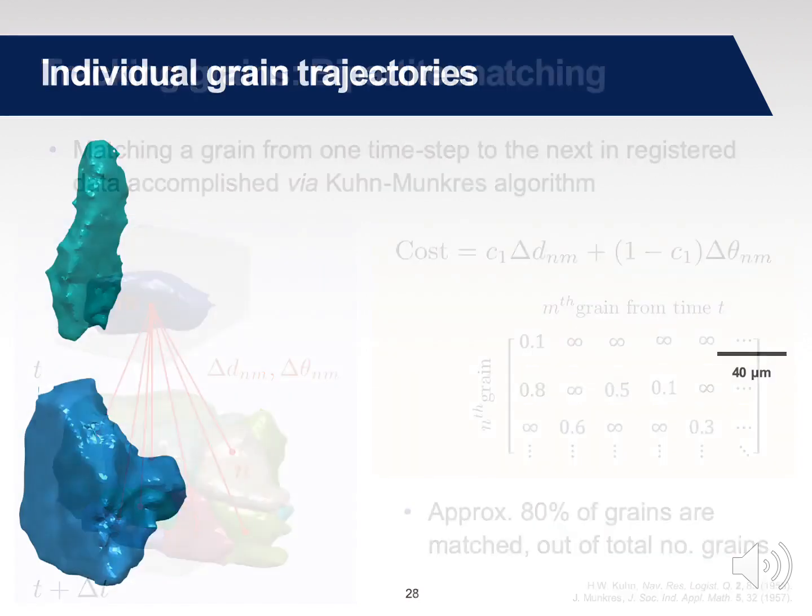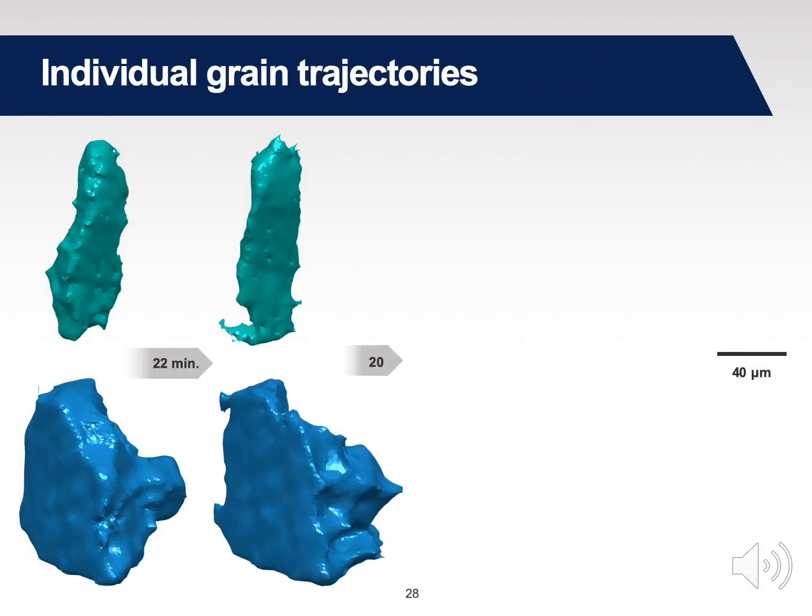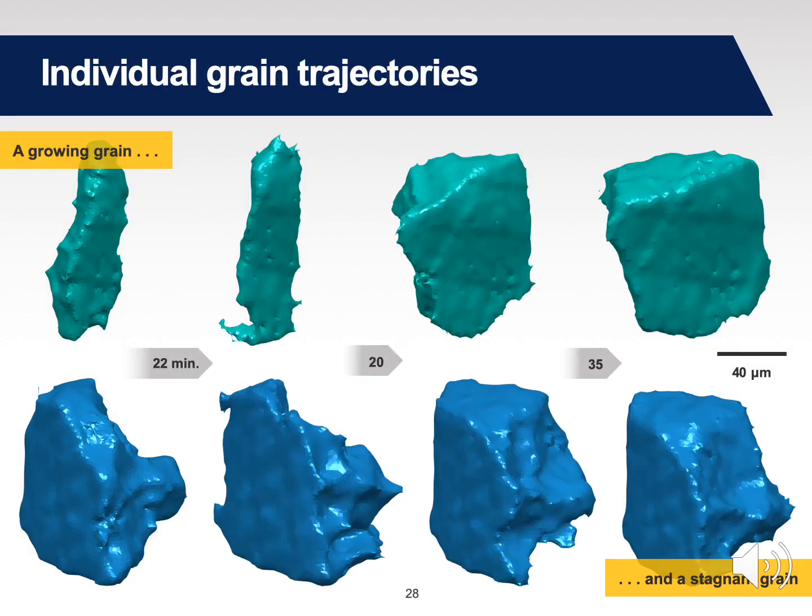An example where we've tracked the individual grain trajectories. I'm showing you here two different grains as an example, one that is growing clearly and one that is more or less stagnant in this three-dimensional polycrystalline aggregate, where again these numbers indicate the time step between these subsequent reconstructions. Of course, there are smaller grains that disappear, and these grains are likely below the detectability limit for laboratory diffraction tomography, which, as I mentioned before, is 10 micrometers.